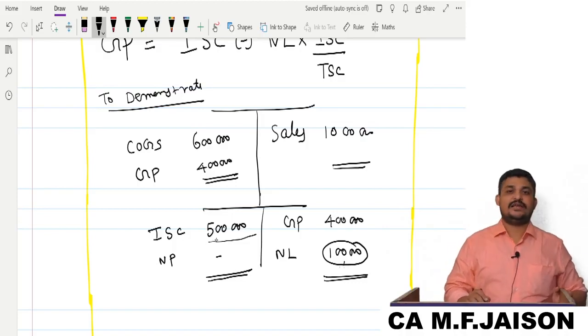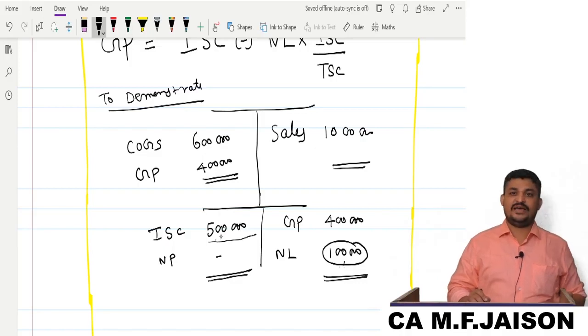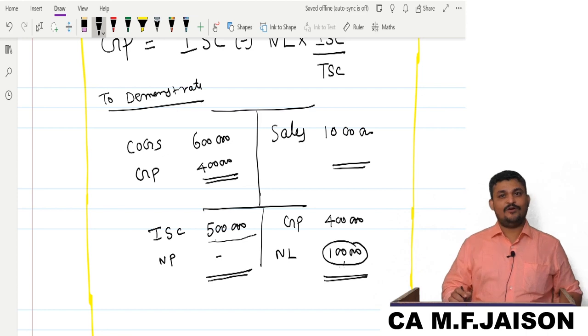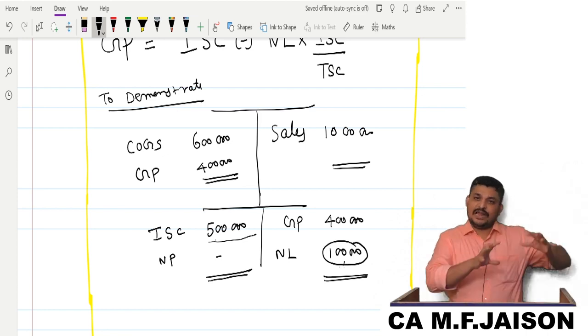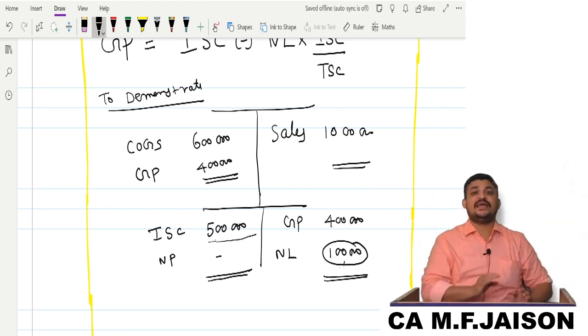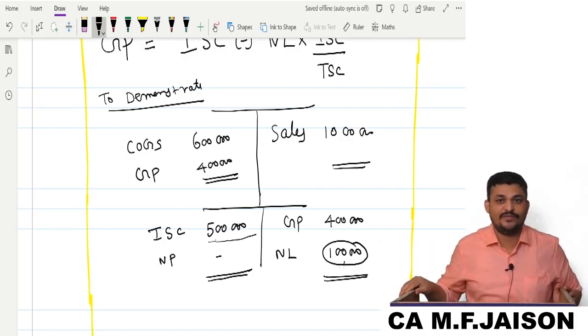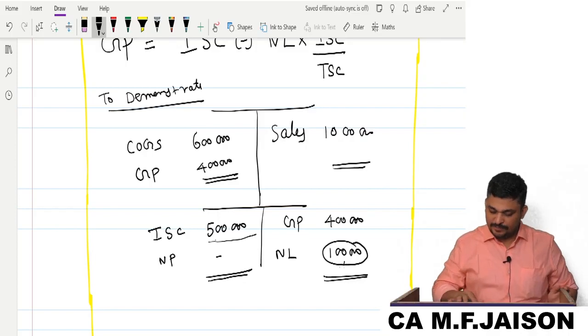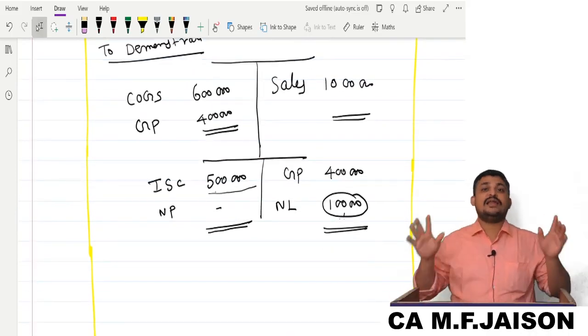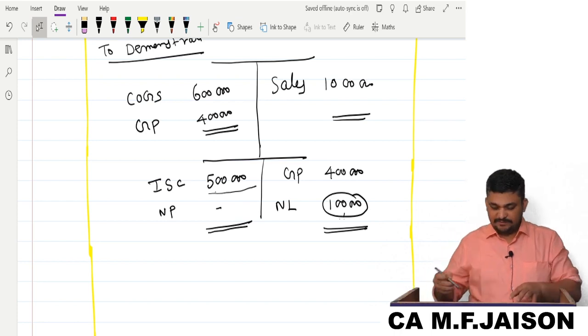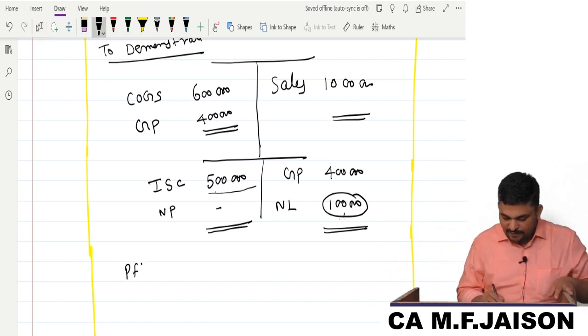But here you should understand, my dear friends, if there was no fire, the business would have given you only how much? 4 lakhs. So due to fire, out of that 5 lakhs, we can also give you only 4 lakhs. That is how you should be understanding. I hope you are following this. So we should be considering that 4 lakhs as the compensation. We should give only 4 lakhs, which means first of all, there is no profit.